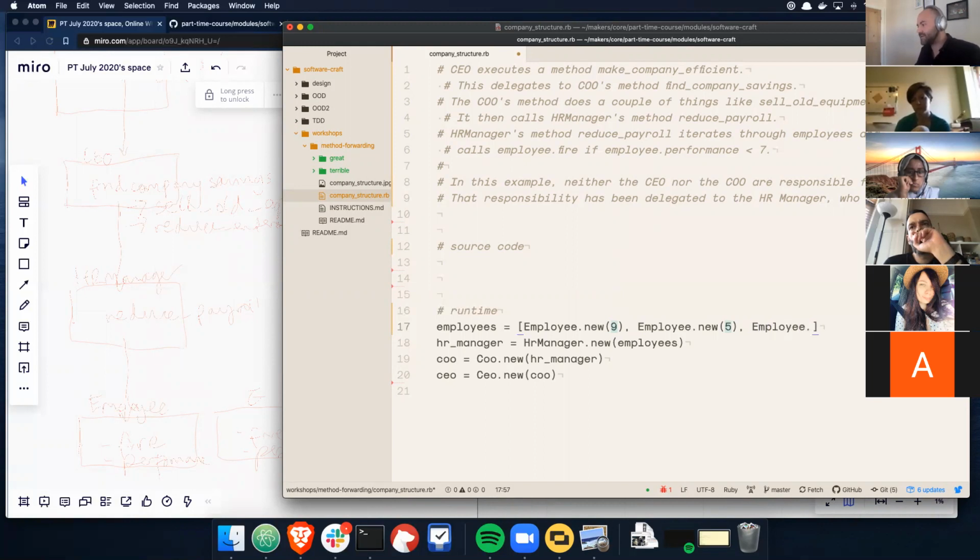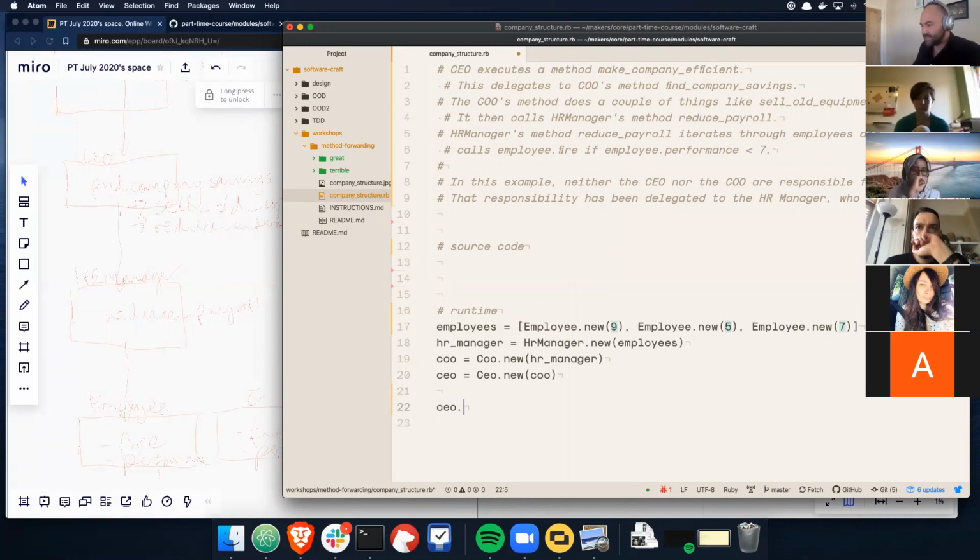Average is 7? Well, there we are. I've got high standards. Okay, so let's just imagine this is the scenario. I'm using an argument to my initialize method for employee that will have something about their performance. So this is what I want to happen, and then we need to kick it all off by saying